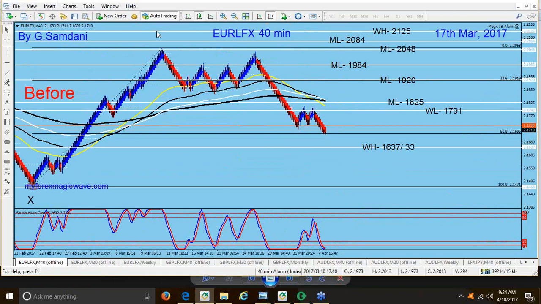Okay, so if this is wave 1, then the ABC correction is wave 2, followed by wave 3 to the upside. That's the basic rule, but it doesn't have to stop at 61%. You know that it can drop to this support, or maybe 78%, or continue to the downside. Okay, all of these things can happen. But for example, if you look at this one,